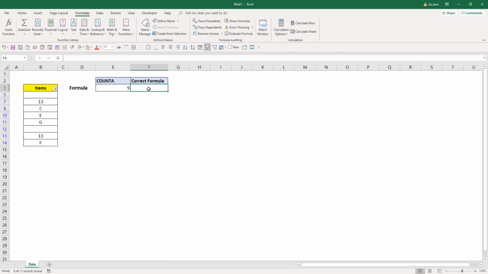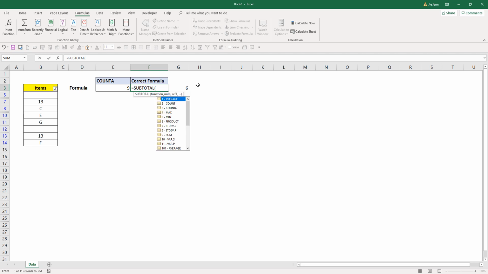And to count the items that are visible on your Excel worksheet, which basically ignores the hidden rows, let me just do a quick count. Here we have 4 items plus 2, and my correct formula result should give me 6. So the correct way to write a formula to count just the visible cells is to use a function called